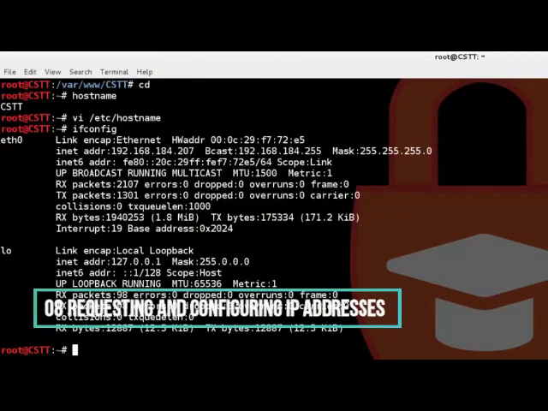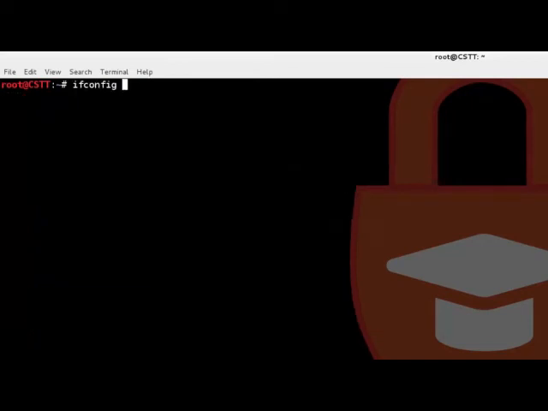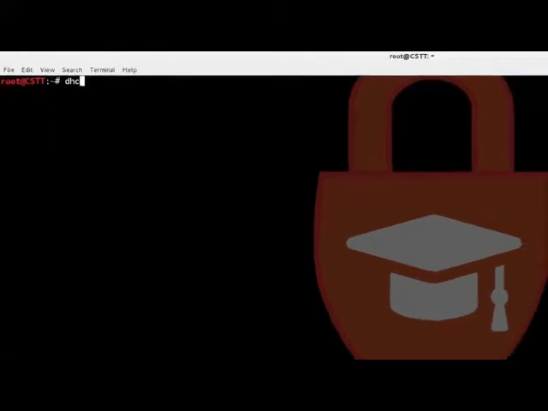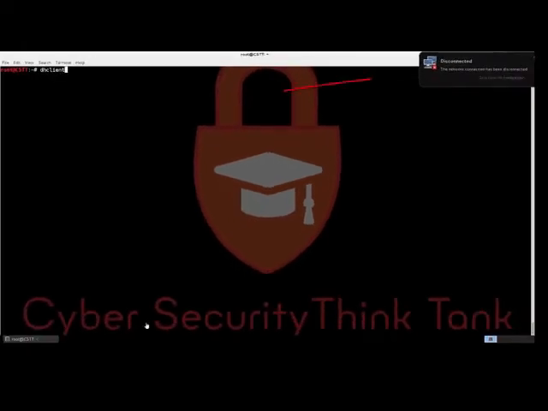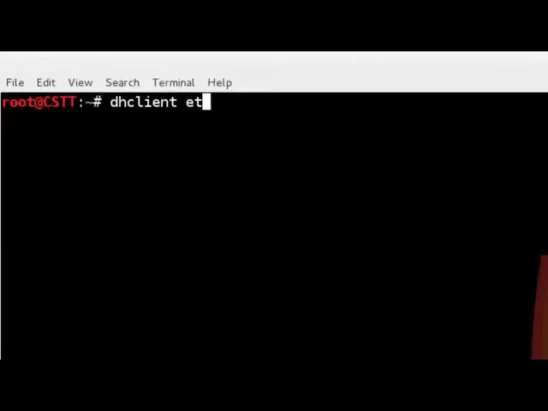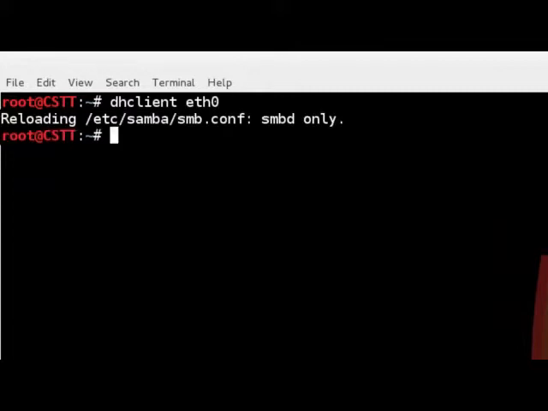How do you request an IP? Let's say I'm going to take down that specific interface. So we don't have anything right now. I'm just going to use dhclient, which is for DHCP. You can see on the right side we got disconnected. So we just do dhclient and the interface, and